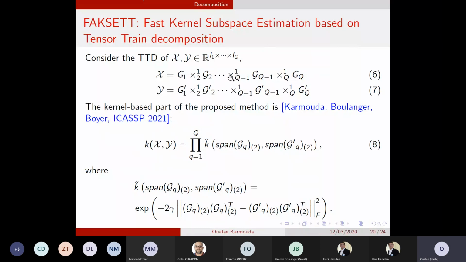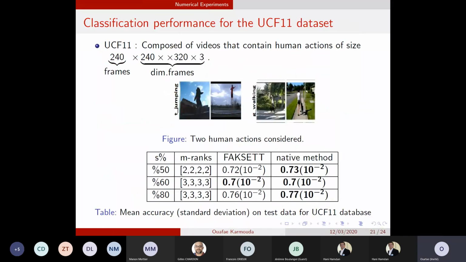So our hope is that this FAKSETT method will help us reach the same accuracy scores and classification performance just like the native method, and reduce the computational time for finding the factors by using tensor-train decomposition instead of the higher order singular value decomposition. So in order to illustrate these methods,